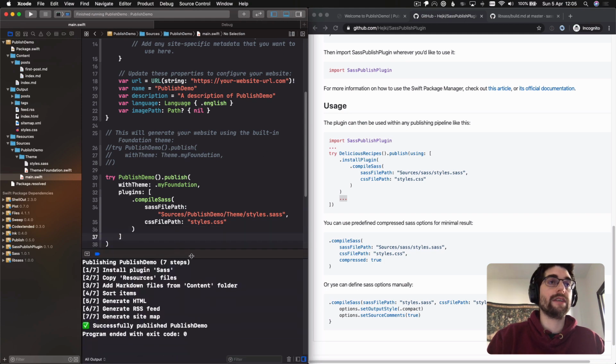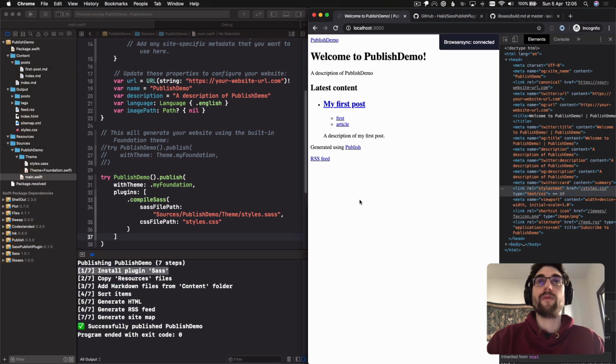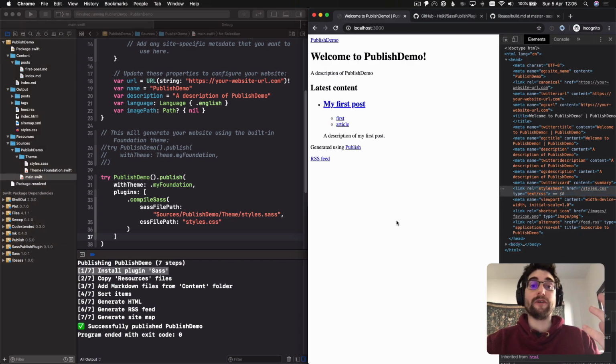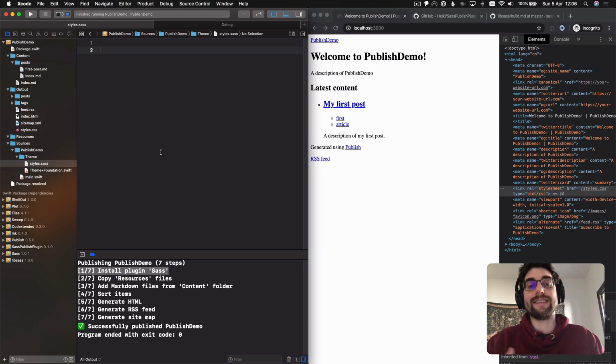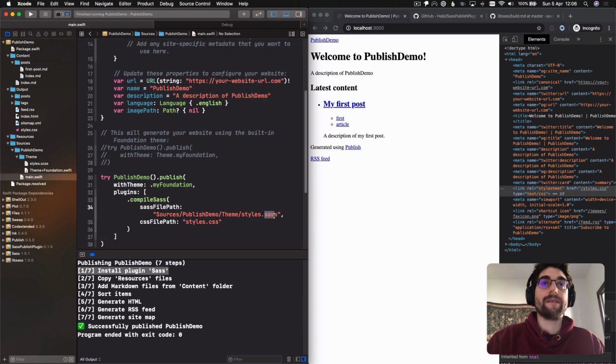So now I think everything should be working, and we can run this and we shouldn't see any error. It got generated correctly. Now if we refresh, we of course see that there is no CSS at all, because our Sass file is completely empty. Now is when you can go here and start writing the Sass that you want. What I recommend, if you are not an expert on CSS and Sass and all that stuff, is that I personally prefer to use SCSS, which is the same, but it allows me to